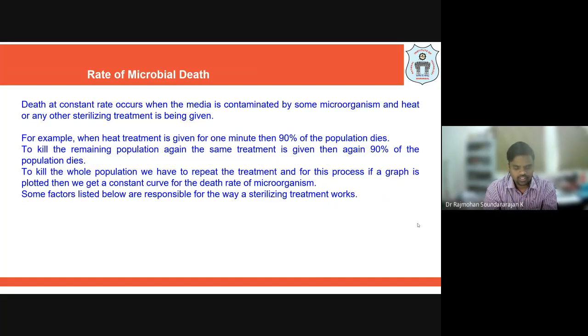So what is happening when we are doing this sterilization? We are trying to kill anything that is present in the system. When I say sterilization, we are trying to kill the microorganisms present, whether it may be the medium, the glassware, a fermenter reactor, or pipelines, anywhere we want to do sterilization. So we want to kill them, right?